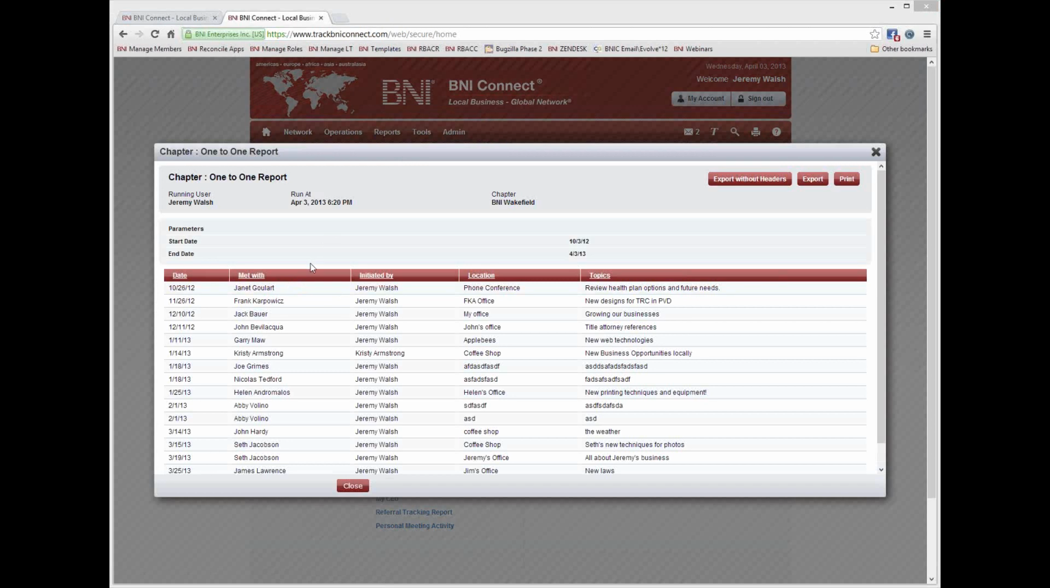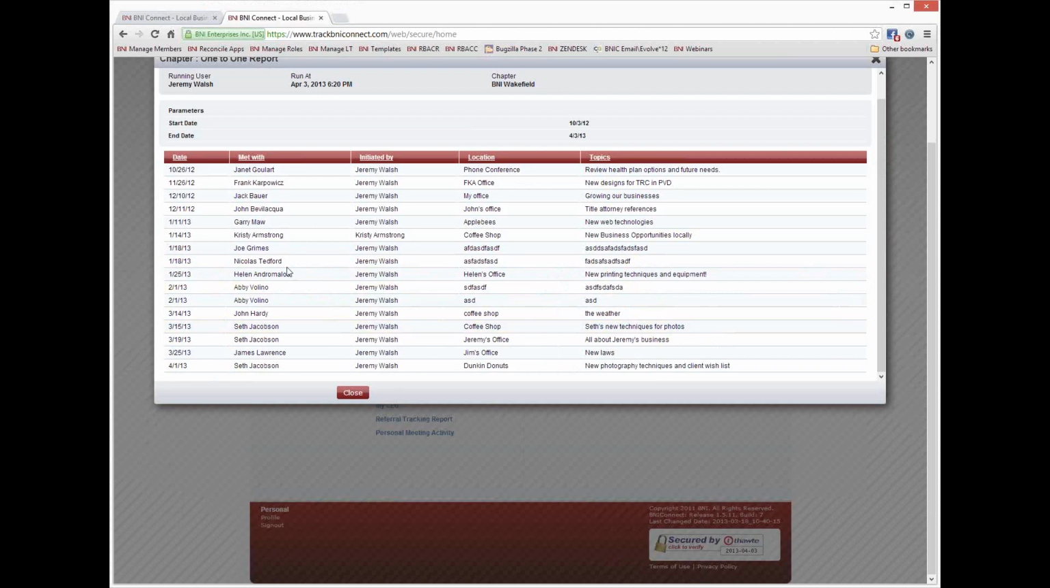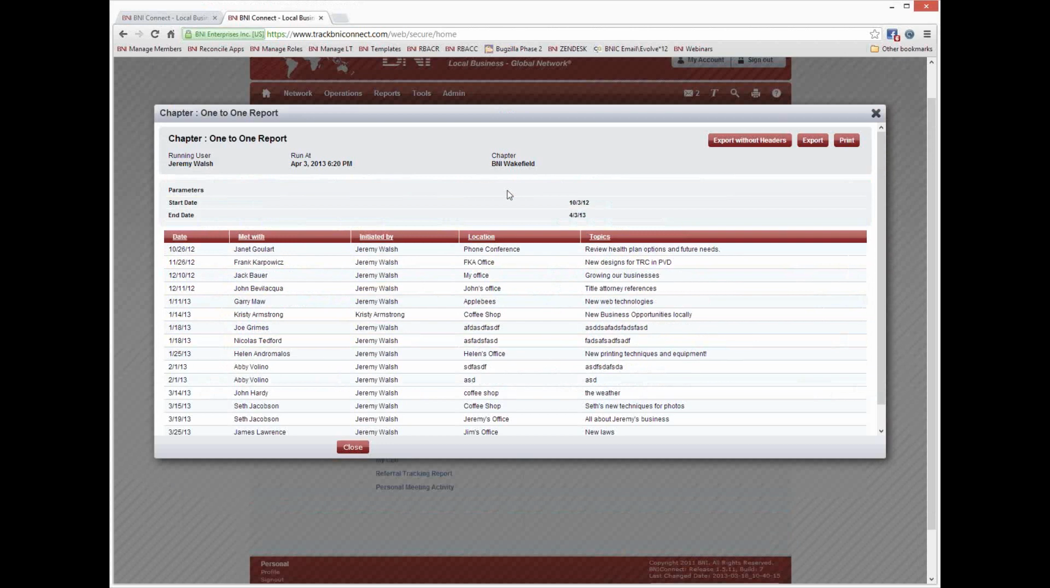All right, going back to the one-to-one report, again, we can see the dates that we had the one-to-one, who we met with, who initiated the conversation, what the location was, and any topics of conversation. One thing to note is that only one person of the pair needs to enter that one-to-one. And it will go into both people's My One-to-One report, and both people will get the credit for it in